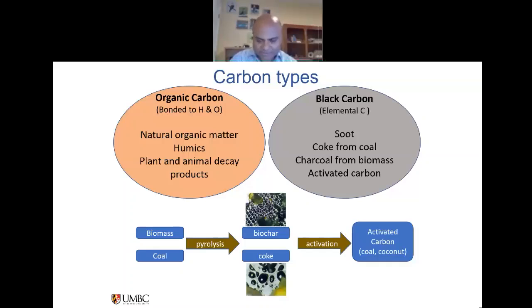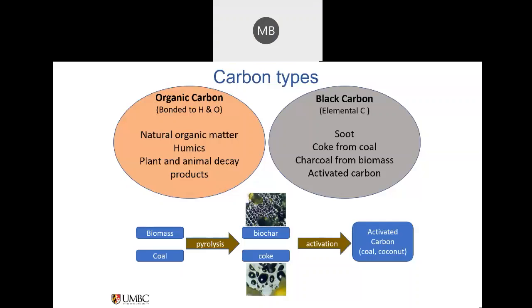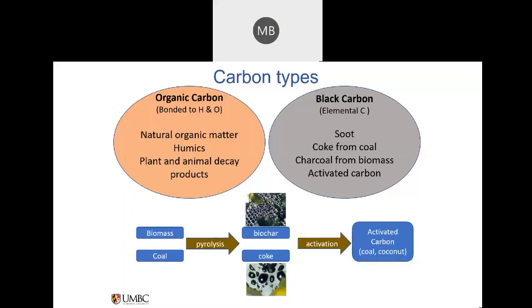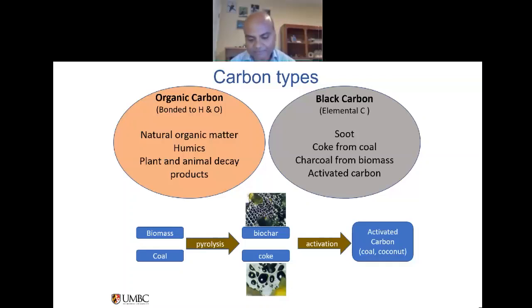So I wanted to give this transition going from biomass to biochar to activated carbon, because there is a big carbon story in what I'm going to talk about next. So what we found is that naturally in these sediments where we have this black carbon present, these toxic chemicals are bound up very strongly. So we published several papers in that series looking at that natural abundance in some sites where bioavailability of the toxic chemicals are altered naturally by the presence of this black carbon.